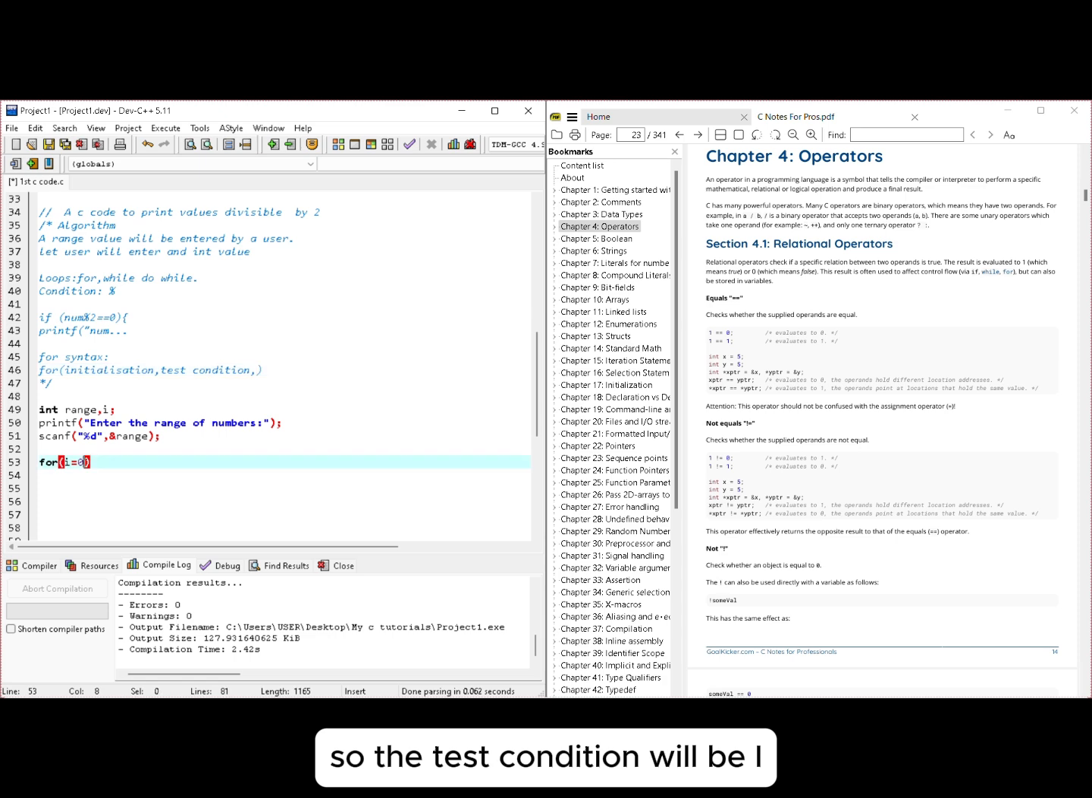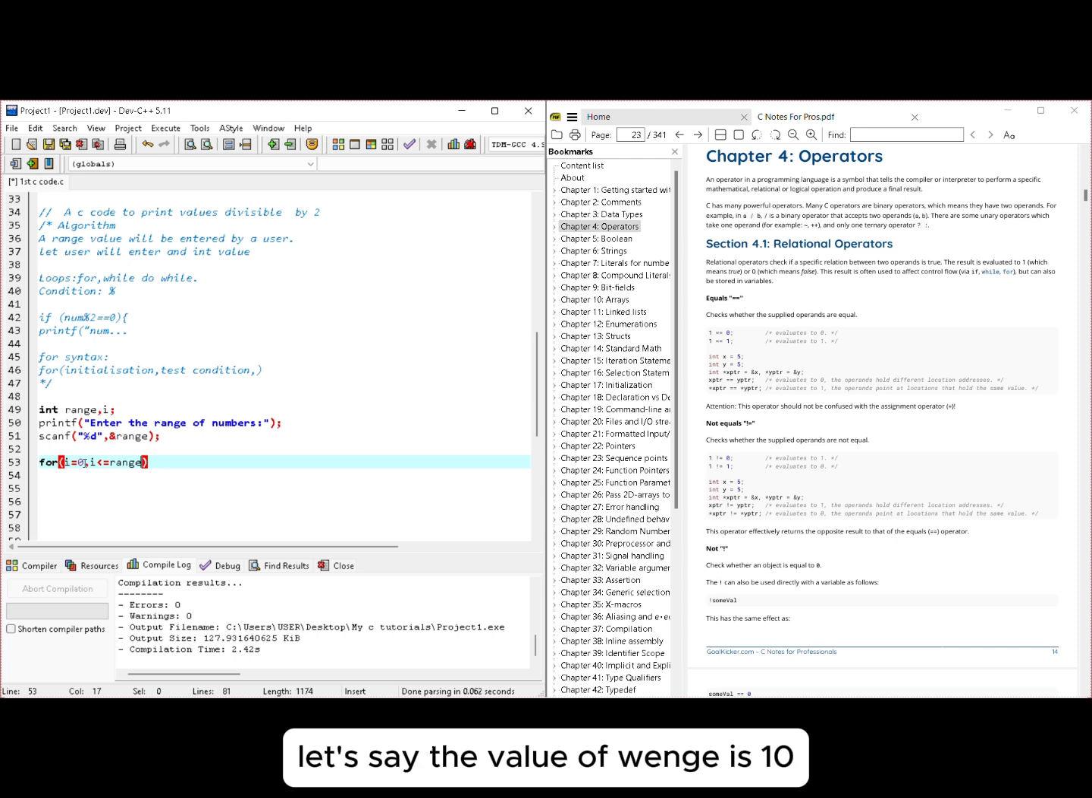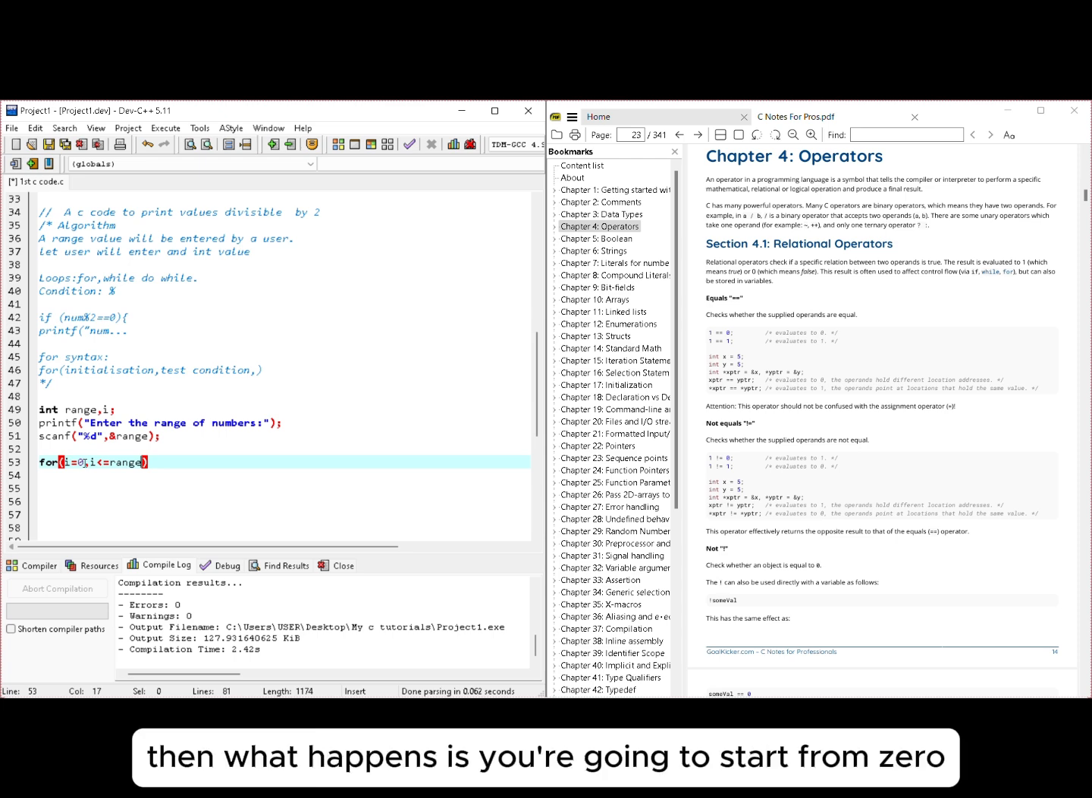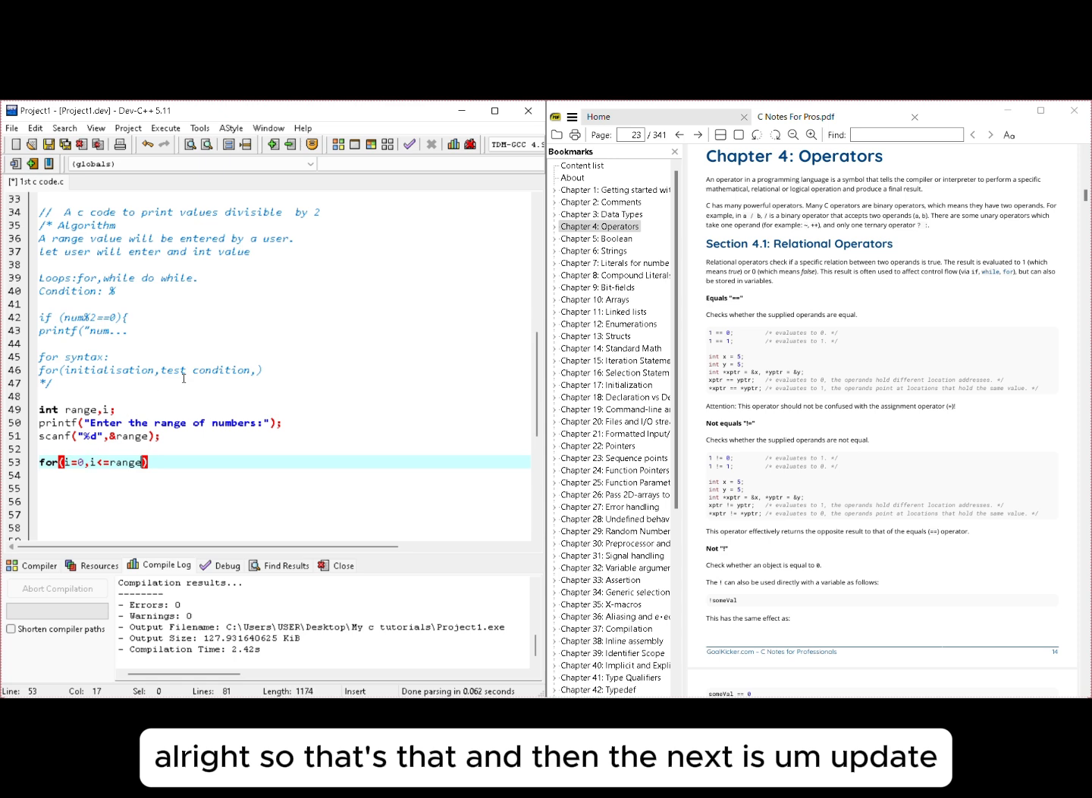So the test condition will be I less than or equal to range. Meaning you are going to start from I equal to 0 to the value that will be entered by the user. Let's say the value of range is 10. So you are going to reach 10. You start from 0 and count all the values 0, 1 till 10. You get what I'm doing here? Alright, so that's that. And then the next is